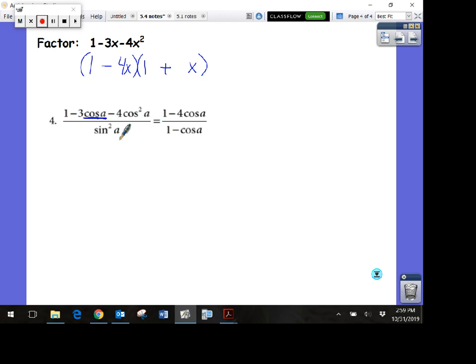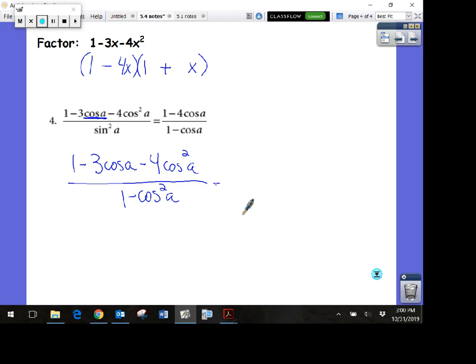Now you have a ratio that you have to factor, and that is crazy, and it's not impossible, but it will seem impossible if you do that. So you look at that word, and everything needs to be that word. Well, we're lucky. That one already is, but this one is not. Is there a way we can change sine squared into cosine squared? There is. 1 minus 3 cosine A minus 4 cosine squared A all over 1 minus cosine squared